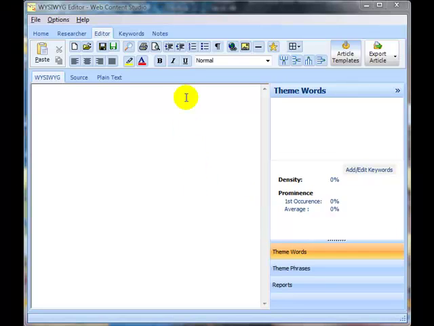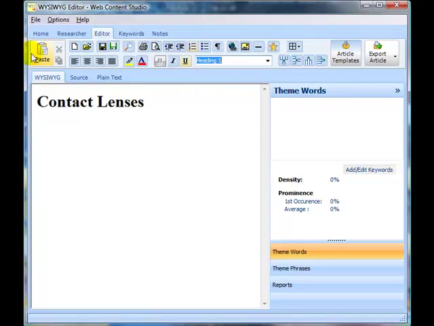The editor in Web Content Studio is a what you see is what you get editor. So information that you type in can be highlighted and formatted using the toolbar up at the top. You can insert tables, you can format the text with highlighting, change the color of text, and the usual formatting